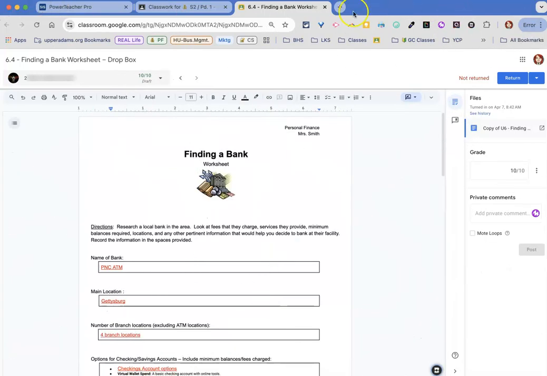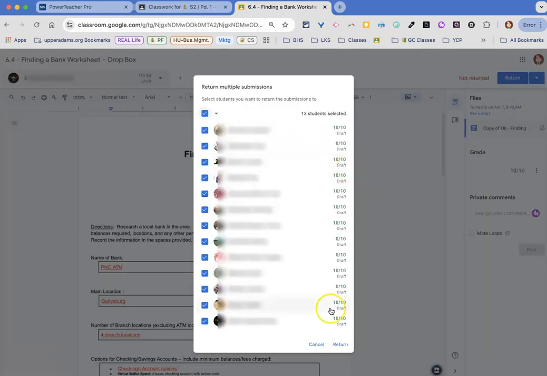Okay, so I've finished grading this. I've got all the grades in here. I'm going to return all the grades. So far, everything looks pretty much the same as it did. The interesting part, though, is going to happen in a second. As soon as all these grades are finished,